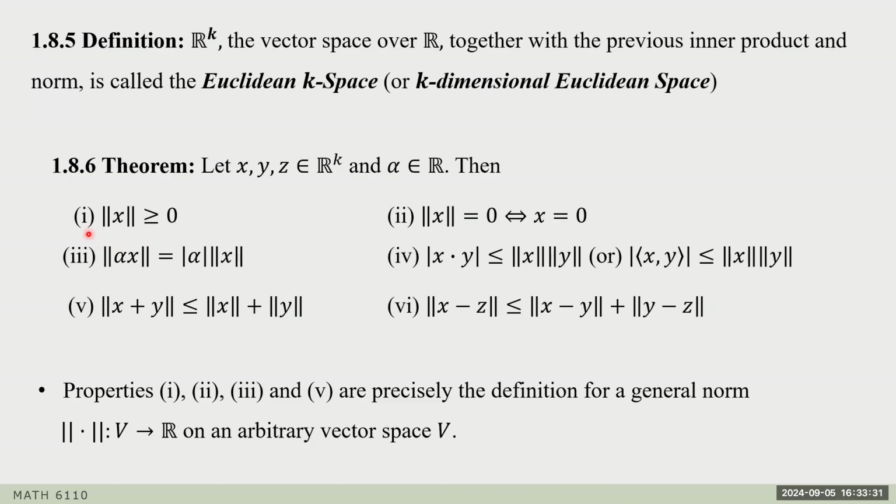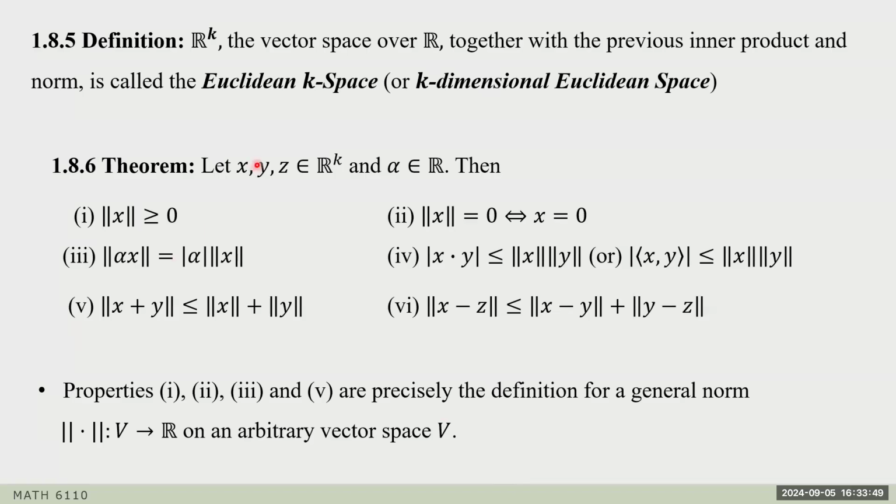So what is a norm? A norm is just a function that satisfies 1, 2, 3, and 5. Those properties. So any function that satisfies those properties is a norm. Okay, so we'll see that in the next chapter. I don't need to go into too much detail with that one. Okay, so hopefully that